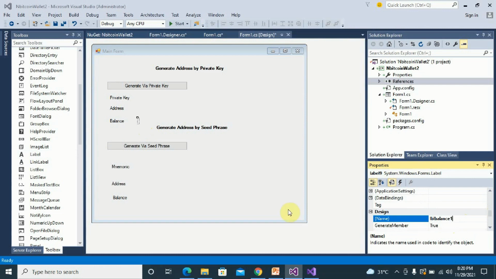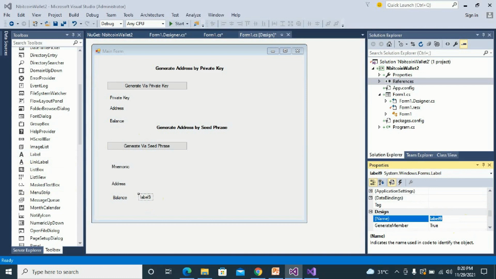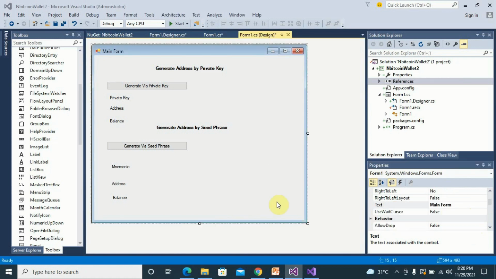Balance 1. Balance 2. Okay, so now I have this so that, once I click generate via private key